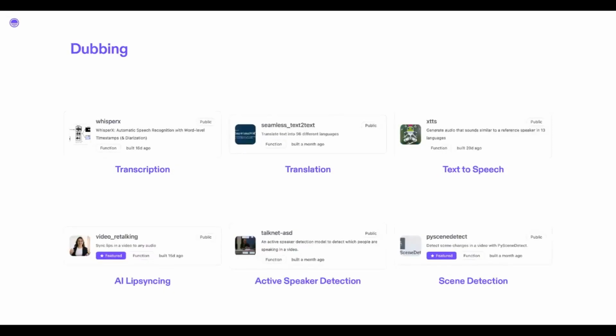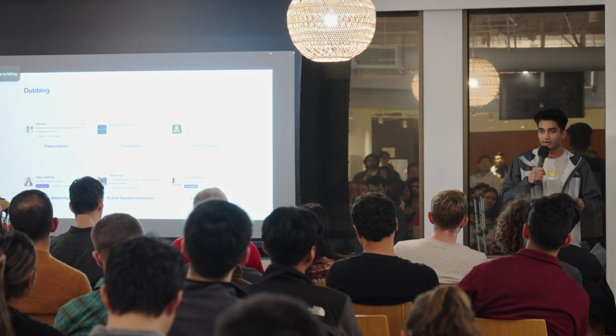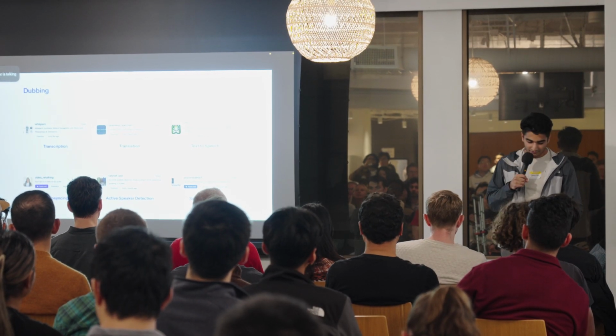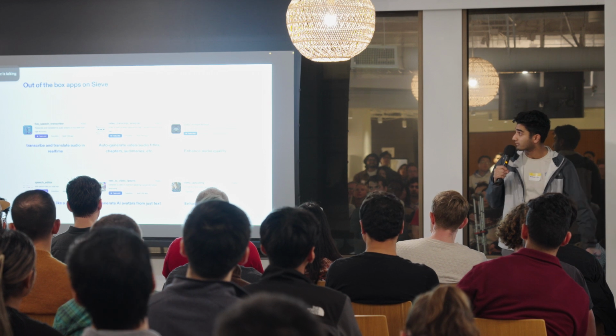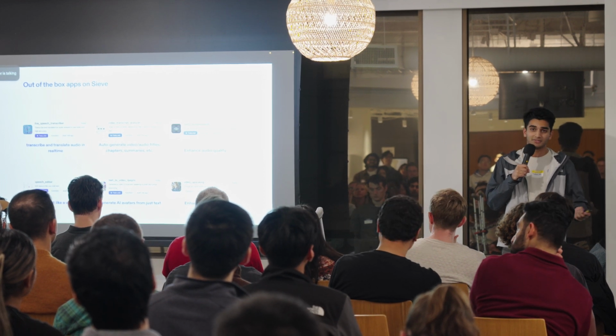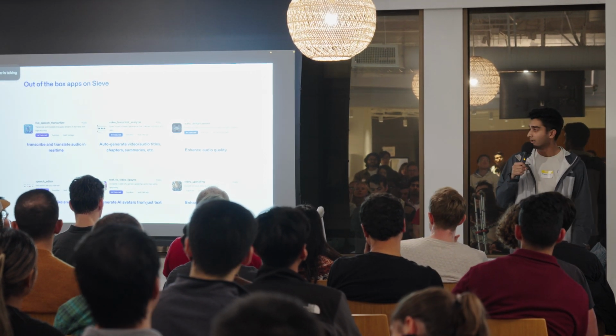Or in dubbing, where it's that same transcription model, but now I'm combining that with translation, text-to-speech, lip syncing if I want to make it look like I'm speaking that, and multi-speaker detection if I want to do it on the right person. And there's a lot of these edge cases. That's the real hard part. With Sieve, a lot of this stuff is just available out of the box. A ton of out-of-the-box apps that you can just use as an API to solve a lot